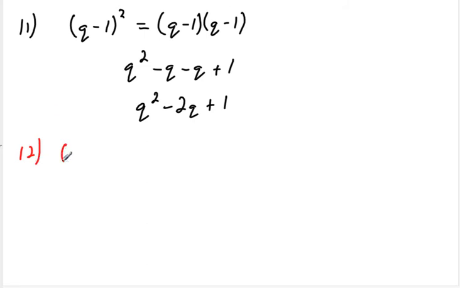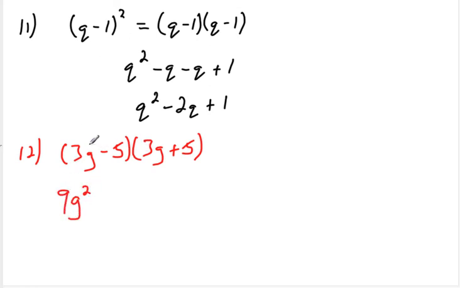3g minus 5 and 3g plus 5 multiplied together. This is a difference of squares. It's the binomial going to a difference of squares, so it's going to be 3g times 3g, which is 9g